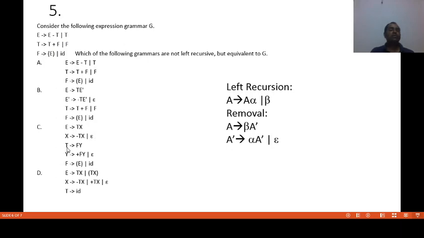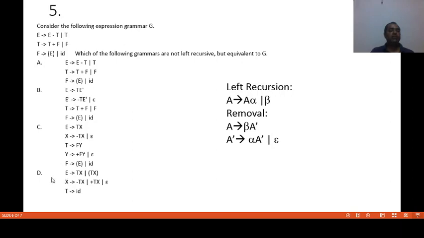T derives to, this is beta here, F Y, another variable, no problem. Y derives to alpha, that is plus F Y, correct, or empty. And in this production there is no left recursion, so it can be written as it is. So it is written here, F derives to in bracket E or ID. So option C is correct.